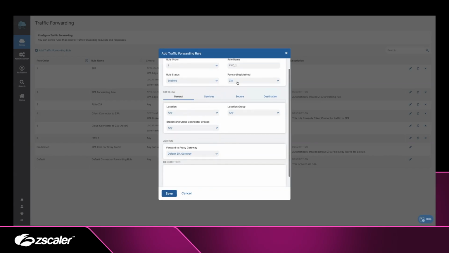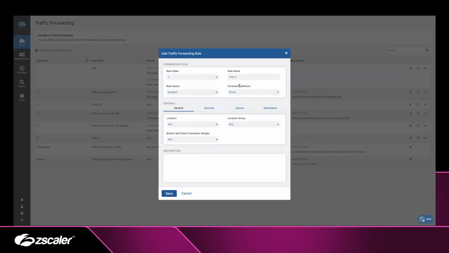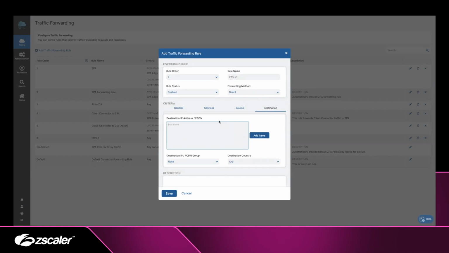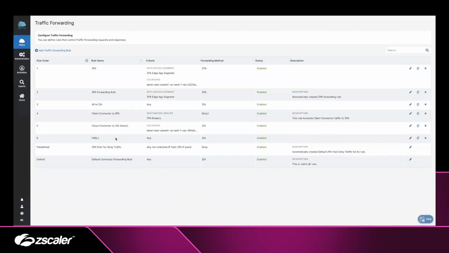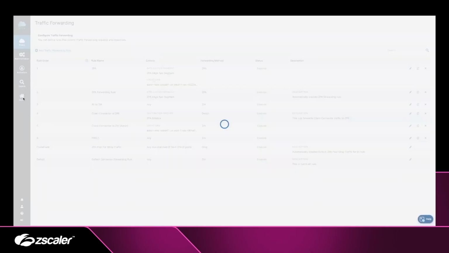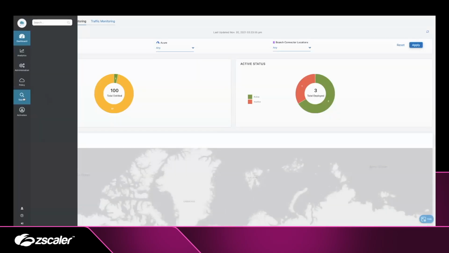Right? And you also have a direct method where you can say for a specific S3 bucket or a whitelisted application based upon FQDN, you want to bypass it and send it to the destination directly. Right? And all of this is actually logged. So any and all traffic that is leaving your cloud is actually logged using Zscaler